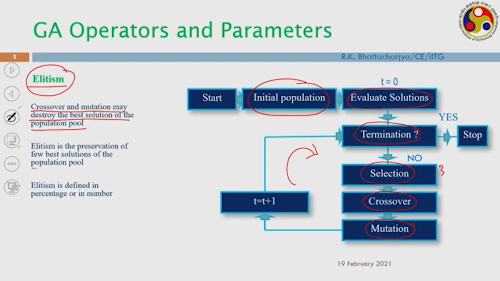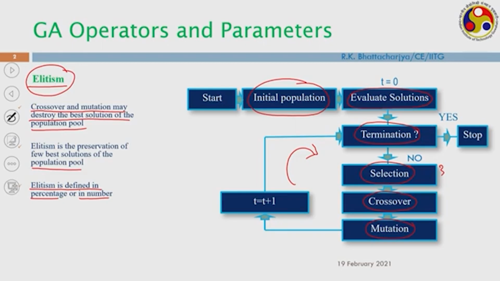Basically, I am preserving those solutions, and I can implement this elitism by percentage or in number. So, I can preserve some percentage, maybe 5%, maybe 2% of the best individuals. So, that can be preserved and they will directly go to the next generation, or I can also put a number, that okay, I would like to preserve 10 individuals, the best 10 individuals. Okay, so, they will go to the next generation without participating in crossover and mutation, because the crossover and mutation